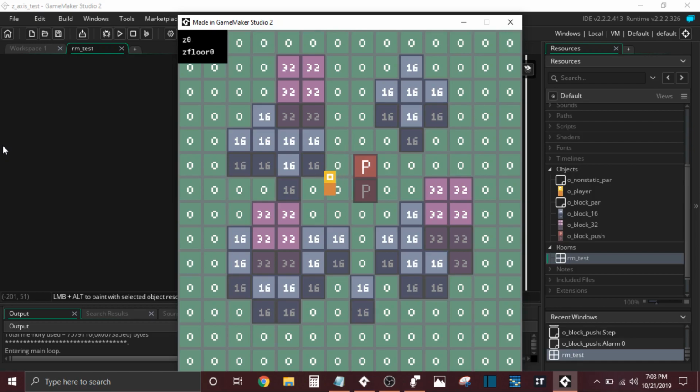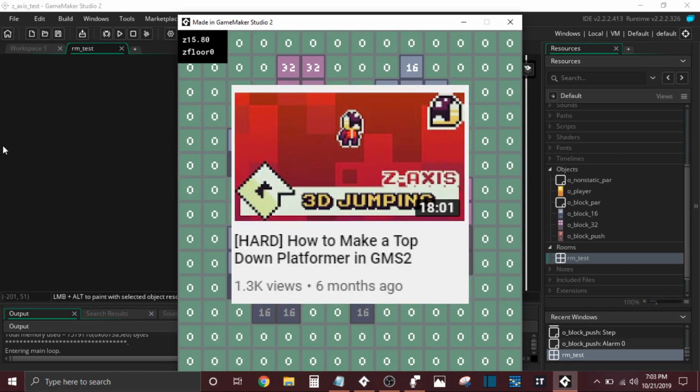Today we're going to be talking about push blocks in the 3D platformer setting. So this is an extension of my video over 3D jumping on the Z-axis. If you guys haven't checked that out already, I'll leave a link in the description below. Definitely go ahead and check that out if you want to be caught up with how all of this is